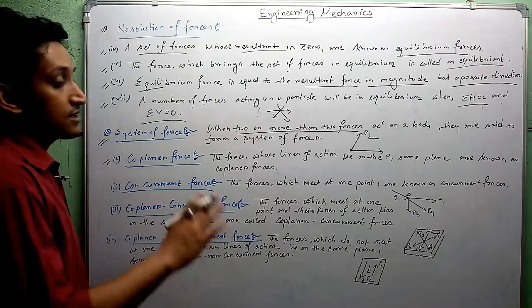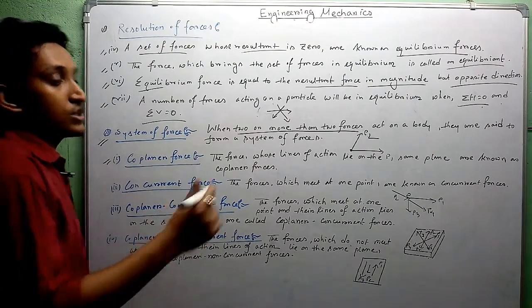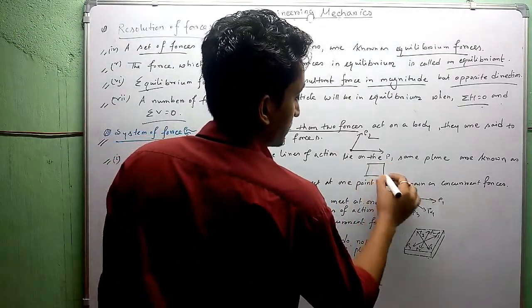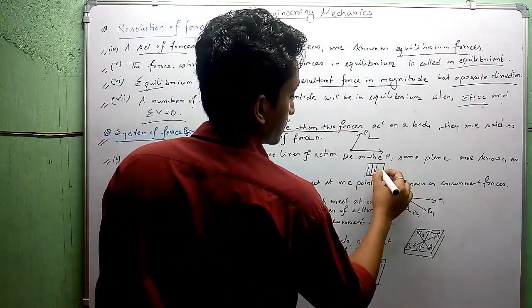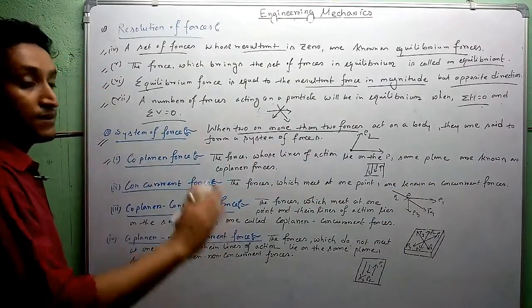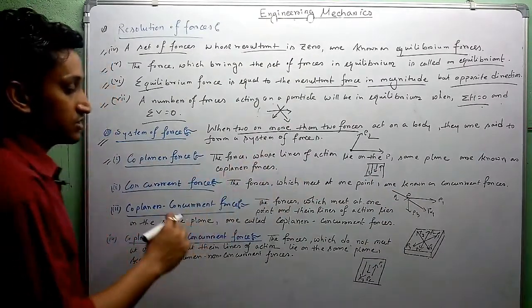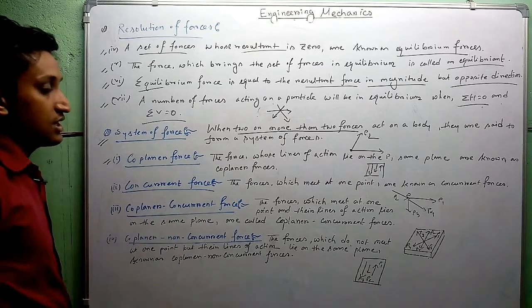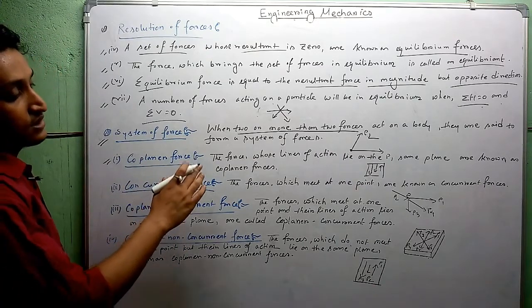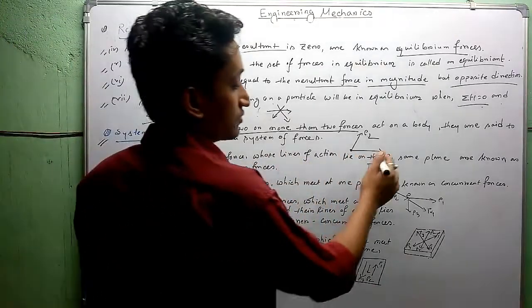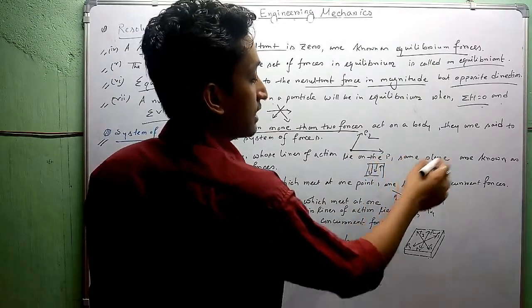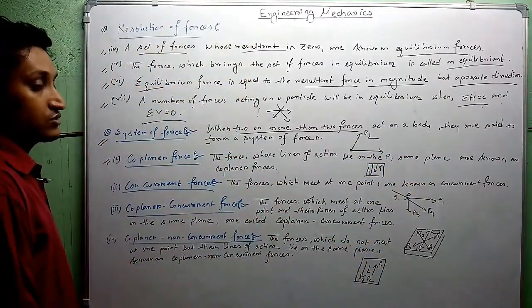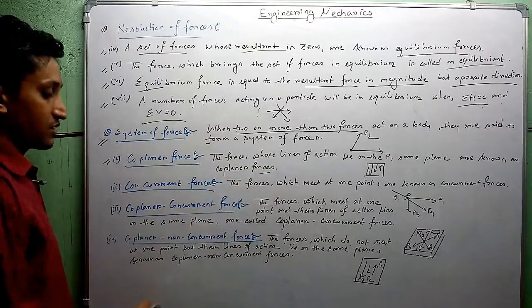एक मतलब एक प्लेन के ऊपर, जब दिखाता हूँ, ये जो प्लेन है इसके ऊपर फोर्स है. ठीक है, जब एक ही प्लेन के ऊपर ये सब फोर्स होता है, इस फोर्स को हम क्या कहेंगे? कोप्लानर फोर्स. दैट इज द डेफिनेशन. The force whose lines of action lie on a same plane are also known as coplanar forces.